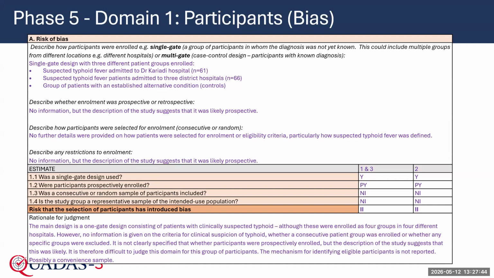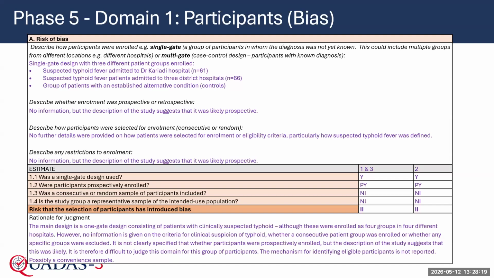So this is a slightly tricky question, actually, whether it's representative of the intended use population, because it starts to sound a bit like we're merging into applicability. But here we're thinking about the intended use population as defined by this particular study, rather than what we've defined for our ideal test accuracy trial. So given the study, how they want to evaluate or who they want to evaluate the test in, have they recruited a representative sample of that group? But we haven't got very much detail on who they've recruited or how they've recruited them here, so we've answered